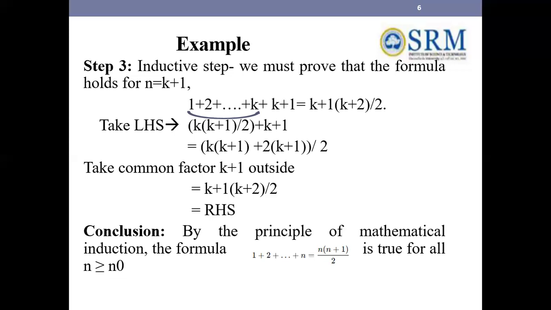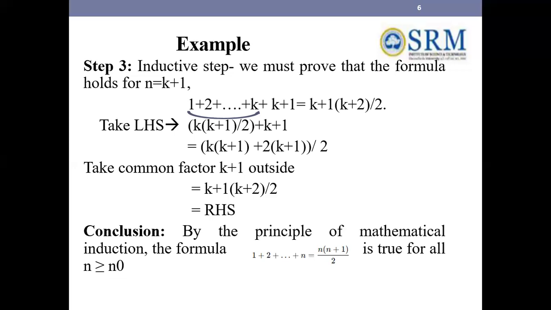Now k plus 1 is a common factor for both the terms. So take k plus 1 outside. Then we have k inside and k plus 2 outside, by 2. Now which is equal to the RHS. So now we can prove it: we take the LHS, derive the value and find the RHS value, both are the same. So as per the induction method, the given statement is true for all values of input size